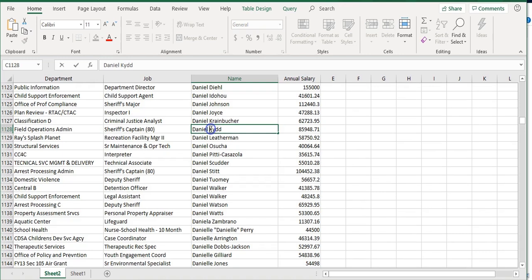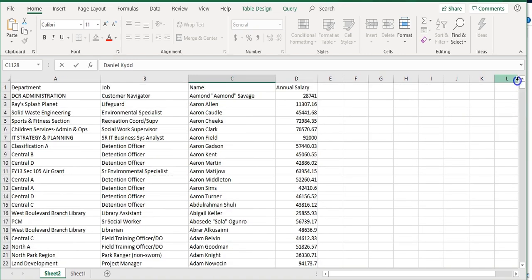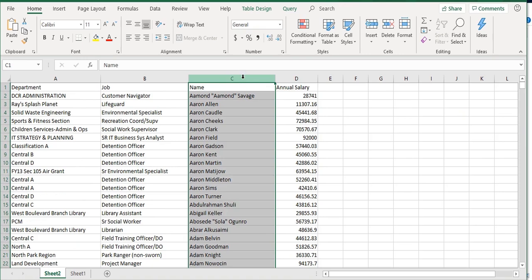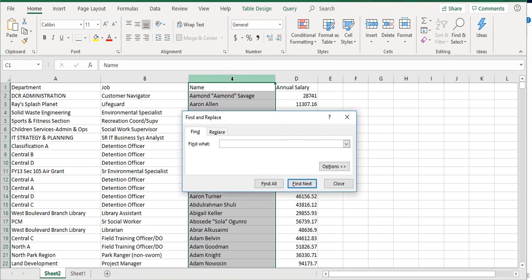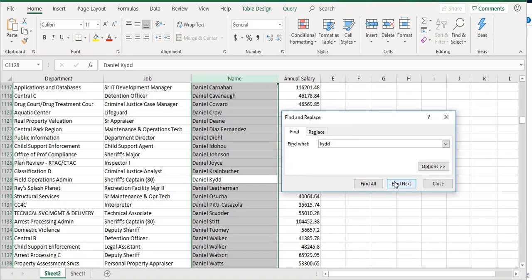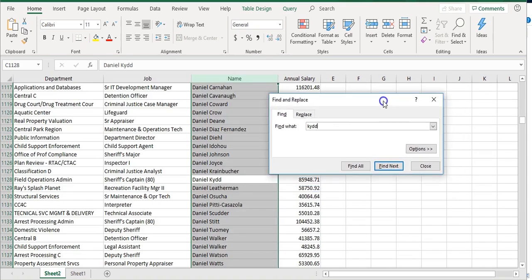Daniel Kidd, right there. He made $85,900. So that's one way to find him. The other way to find him is to highlight the column by clicking on the C in this case and do Control Left. Or Mac users, it might be a little bit different. But a search and find, type in the last name, K-Y-D-D, find next. There you go,